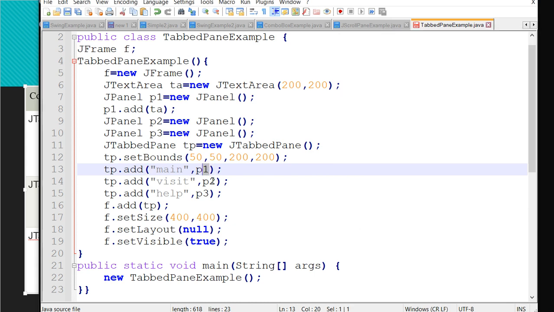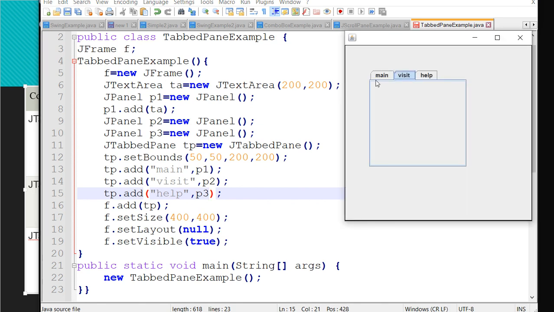Okay, that is P1, P2 and P3. Add help. These are the 3 tabs I have added: main, visit, help. Next, F.add(TP) means to the frame I have added this TP. TP means tabbed pane. So set the size, set the layout, and the main method, as you know. If you execute this, you will get the output like this.